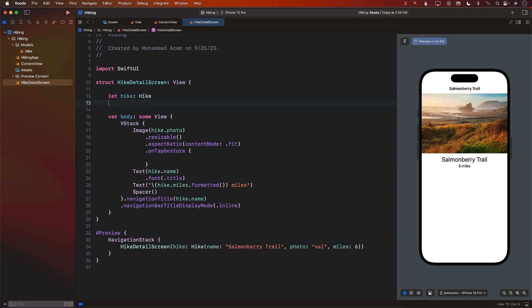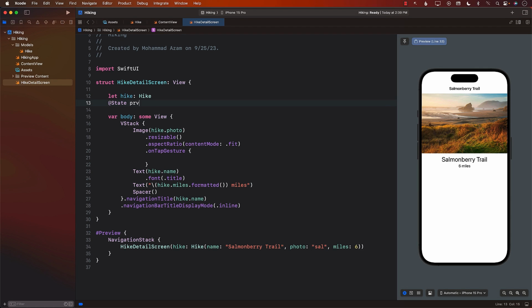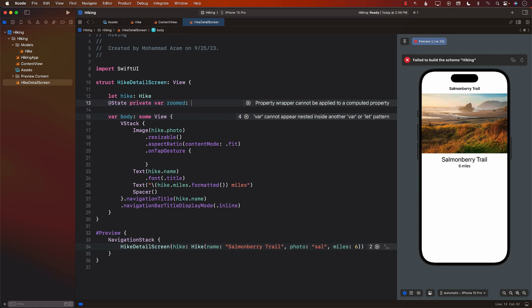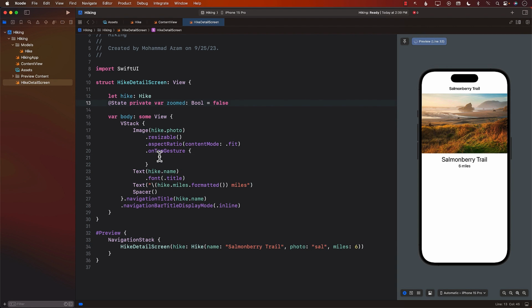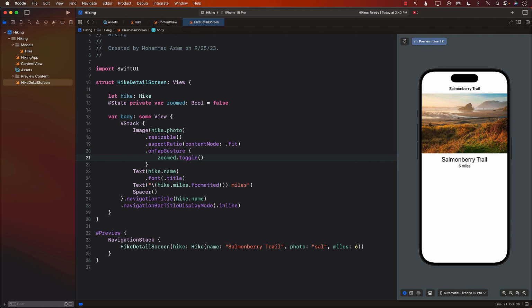For this, I'm going to go ahead and add a state variable, private var. We'll call it zoomed. It will be a Boolean value indicating whether it is zoomed or not. And now we can go ahead and change this zoomed toggle. Great. This means that when we tap on the image, it will be toggled to true and false, true and false. And based on that, we can